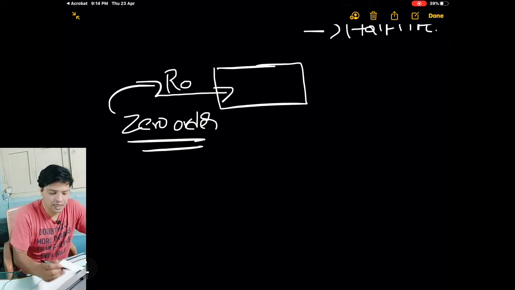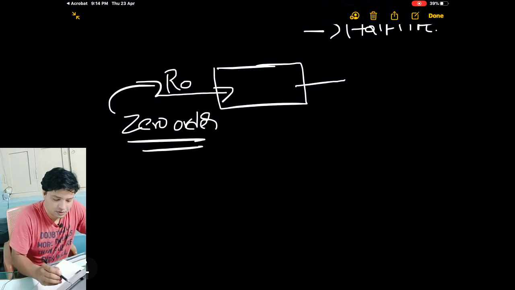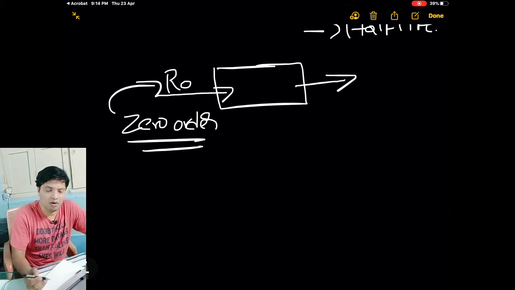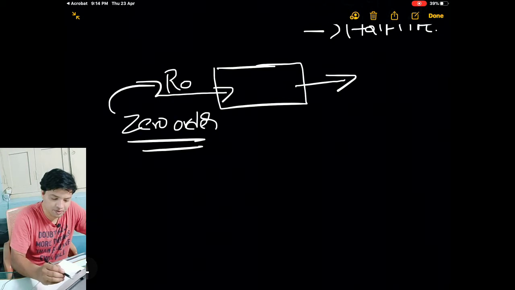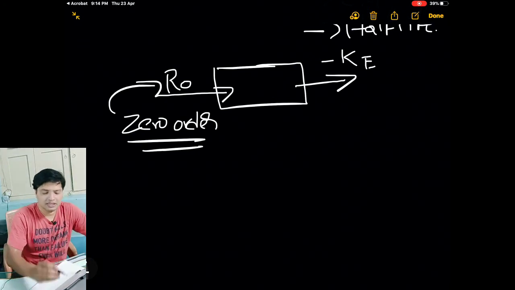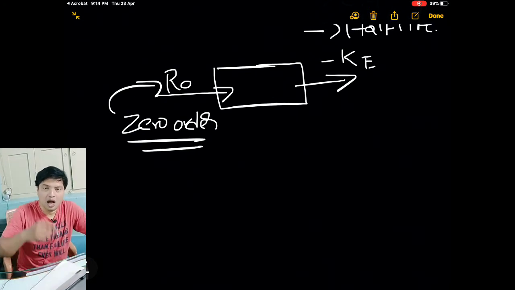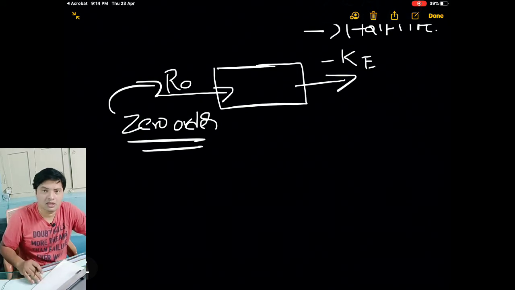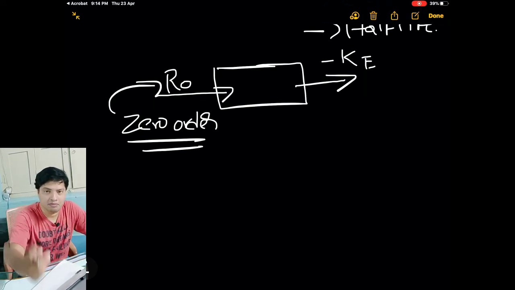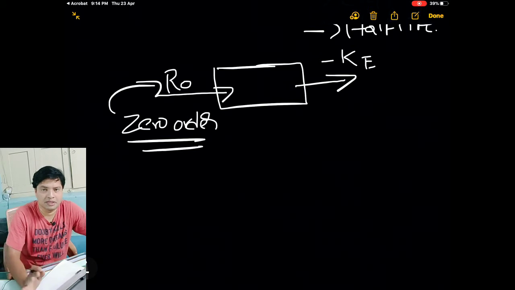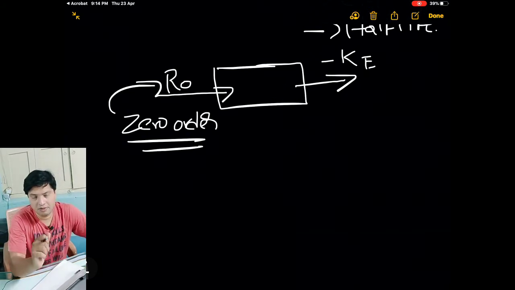Next, the given drug will come out of the body in a first order fashion, that is the elimination rate. This elimination will be first order. Why? Depending on the plasma drug concentration, your elimination will be either less or more. If more drug is there, more drug will be eliminated. That is what first order is. If less drug is there, less drug will be eliminated.